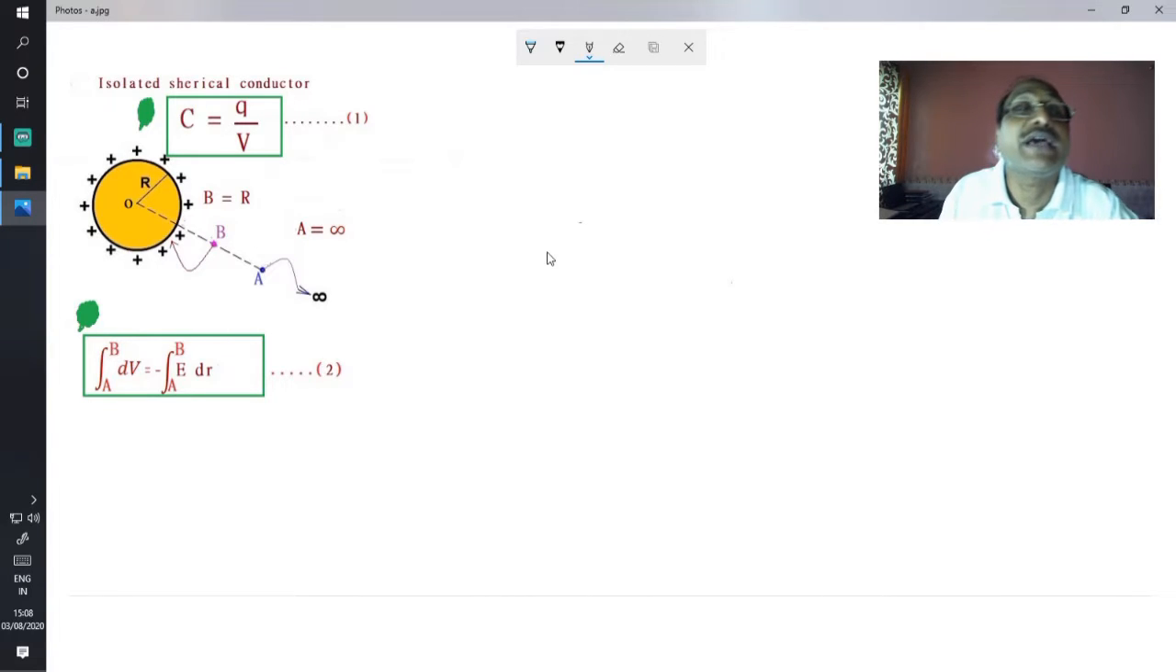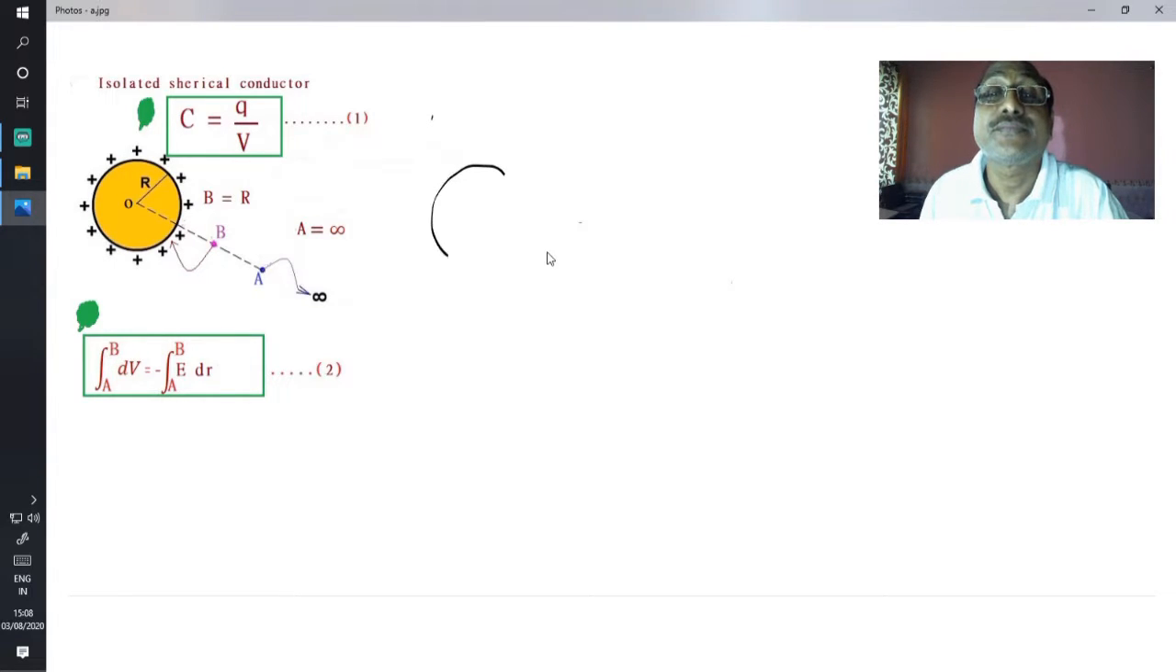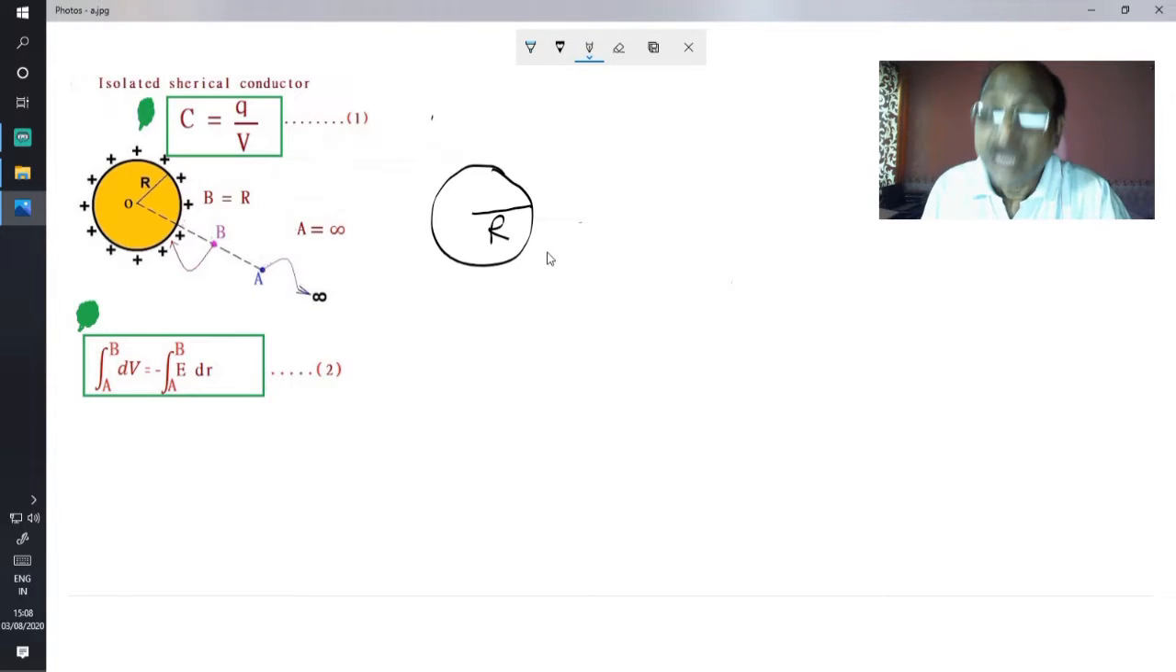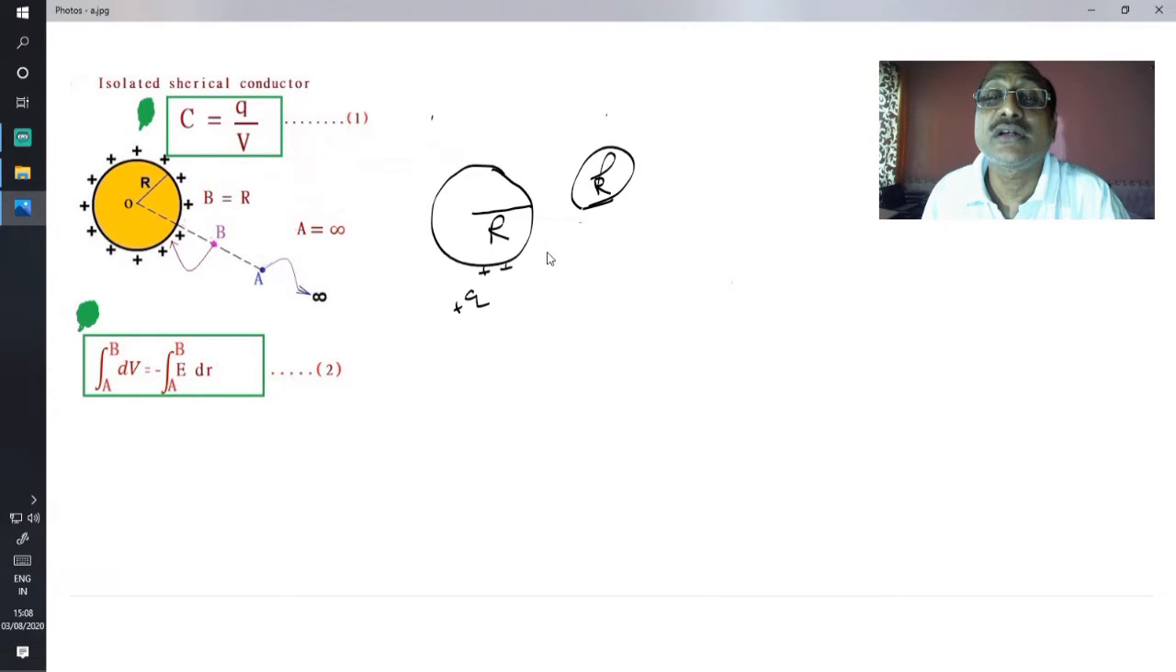Hi everyone, today I shall discuss the capacitance of an isolated spherical conductor. Suppose this is a spherical conductor of radius capital R and it is placed in a medium of dielectric constant K. Suppose charge plus Q is given to this one, then this charge